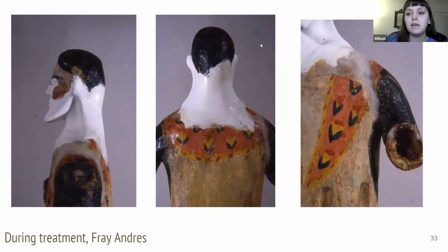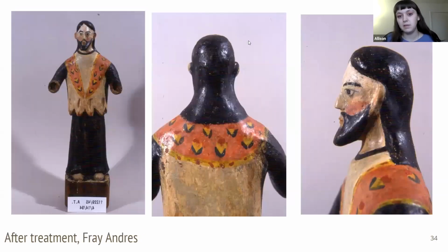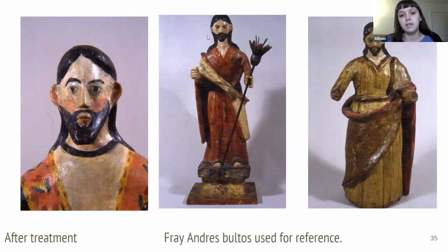And I have a photo. So here are two reference photos. I didn't include all of his reference photos, but these were the two that Keith said he really played upon, that were in Frondrus's Bulto style, with the beard, with the rosy cheeks, you can see, with the hairline, with the wear, with the collar. So yeah, let me see. This is all part of